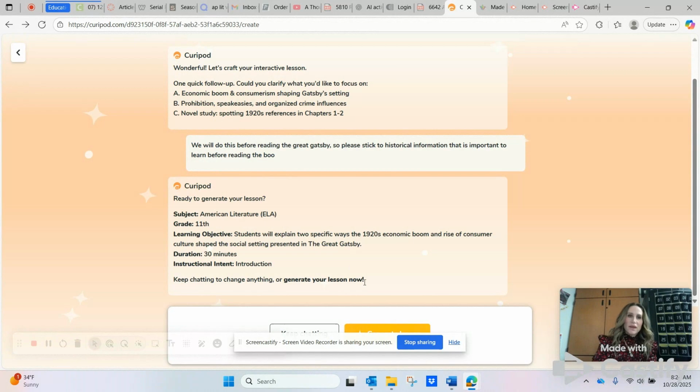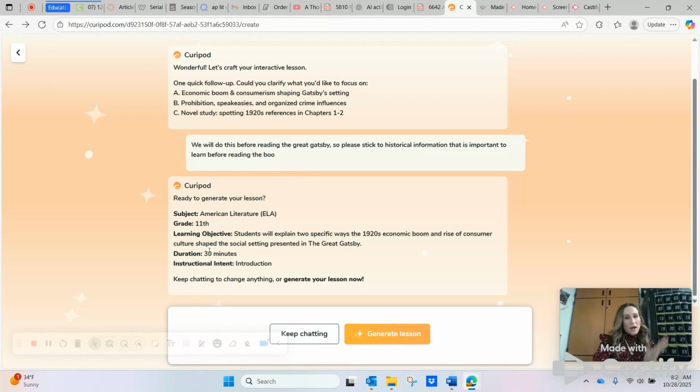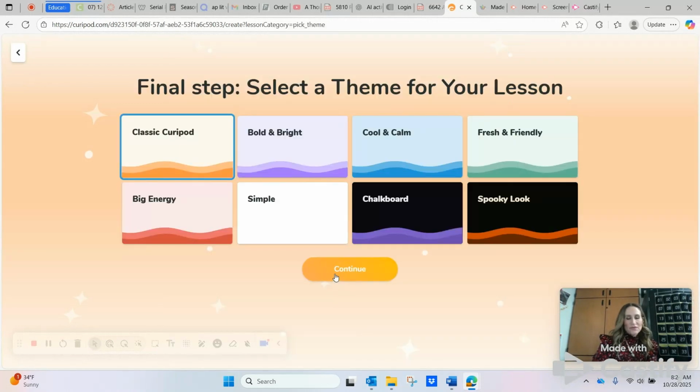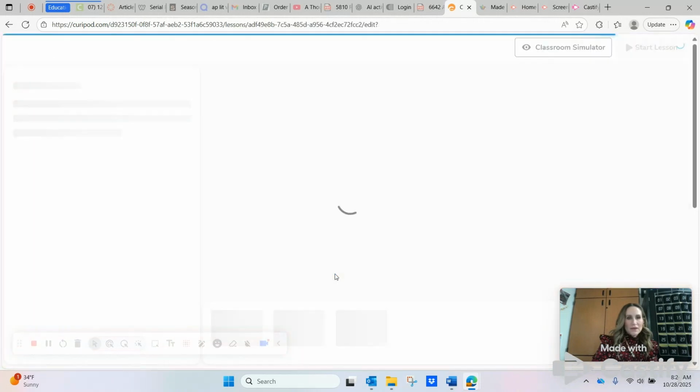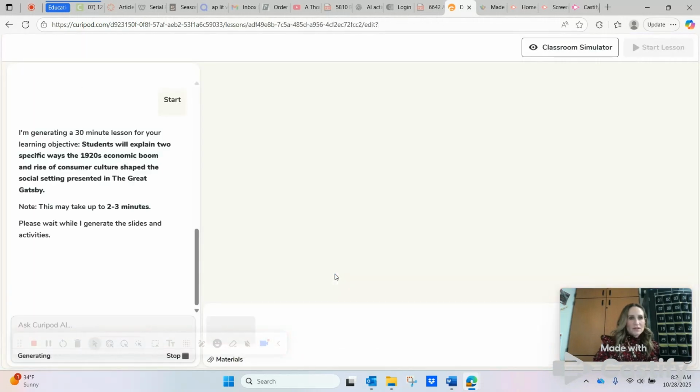So what I do is after I've typed in that information, it asks me for a little bit of follow-up information. And then I told them, this is one thing I want to do before reading Great Gatsby, and it already came up with a subject, grade level, the objective, how long it's going to take, and the instructional intent. All I have to do is press generate lesson, and then I choose whatever theme I want. And it'll already start to create an introductory lesson, which it'll do in 2 to 3 minutes, and something